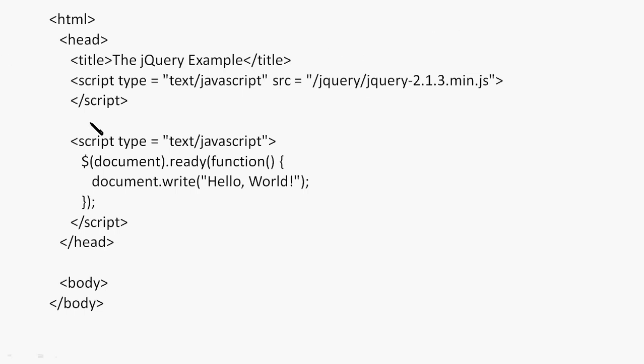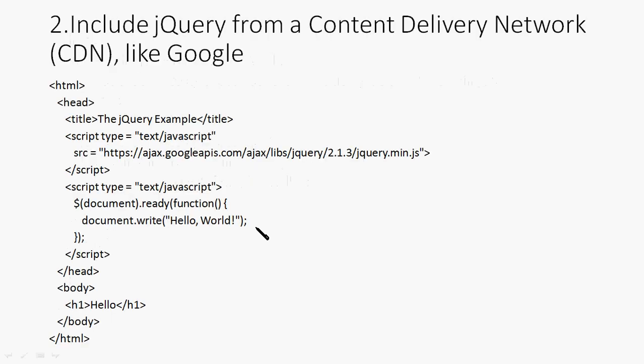Then in the script tag, you have to use the function. Here you can see the dollar sign, which will be detailed in the coming slides. $(document).ready: inside the ready function, I just write a code, document.write. You can use any functions written in the jQuery library inside this ready function. That will be detailed in the coming slide.